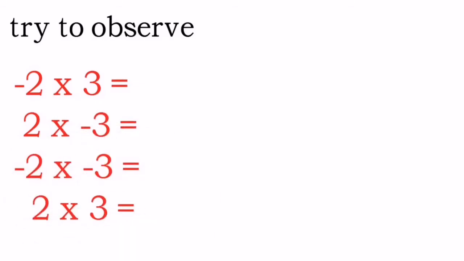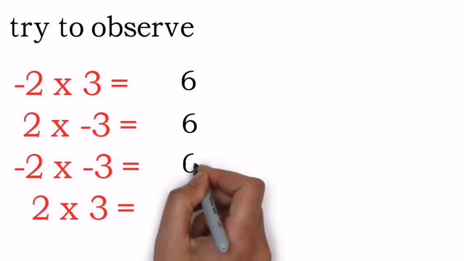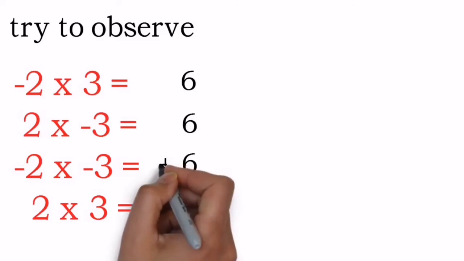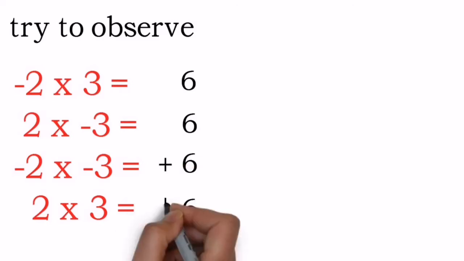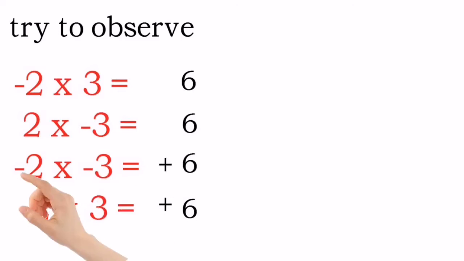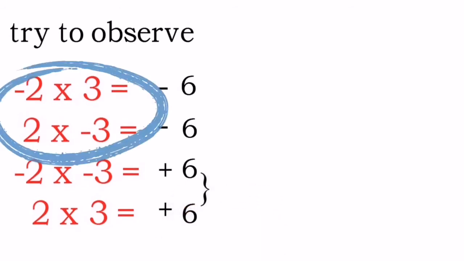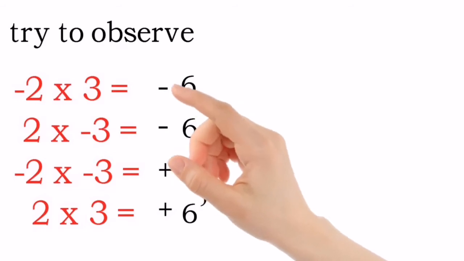Okay, here are the questions on your screen. Each time we have taken only 2 into 3, and the very first step to solve it is nothing but to do the multiplication. So each time our answer will be 6, correct or not? Now observe the last two questions. In those questions, both the numbers are given the same sign, so we gave a positive sign to the answer. And if you observe the first two questions, we have opposite signs of each other, correct or not? Yes, and so we gave a negative sign in the answer.